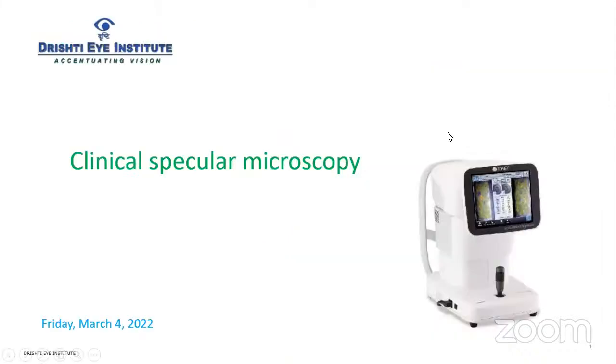Good evening, everyone. I'll be talking about one of the important diagnostic tools used in the anterior segment today, that is the specular microscope. To start with, it was invented by David Morris in 1968, and it is a non-invasive photographic technique which helps to visualize and analyze the corneal endothelial morphology either in the clinic or in the eye bank setting. So in clinics, preliminary assessment of the endothelium can be done with specular light reflex as seen here